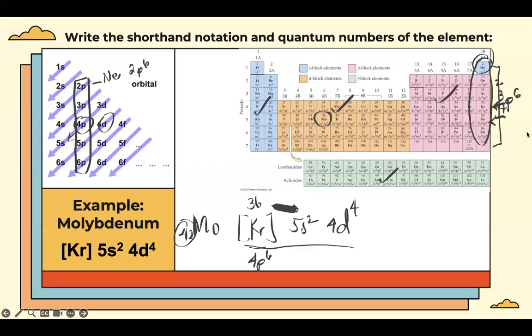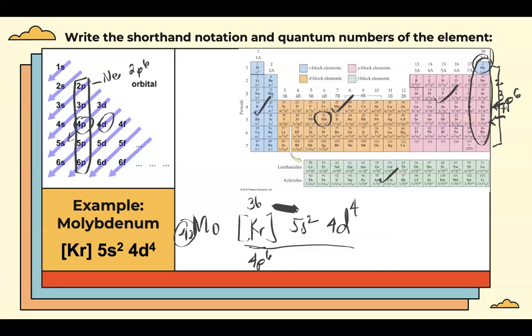Yan. So that's correct. Now next, since we are asked to also give the quantum numbers, or the address of molybdenum on your periodic table, remember that we should choose the highest energy level, but you have to consider which block this element belongs to. Okay? So again, you have to check first which block it belongs to. So molybdenum belongs to which block? S, P, D, or F. So since it's in the middle, it's on the D block.